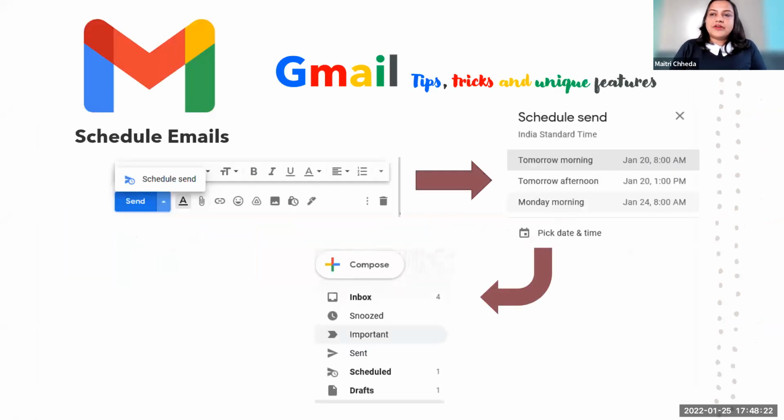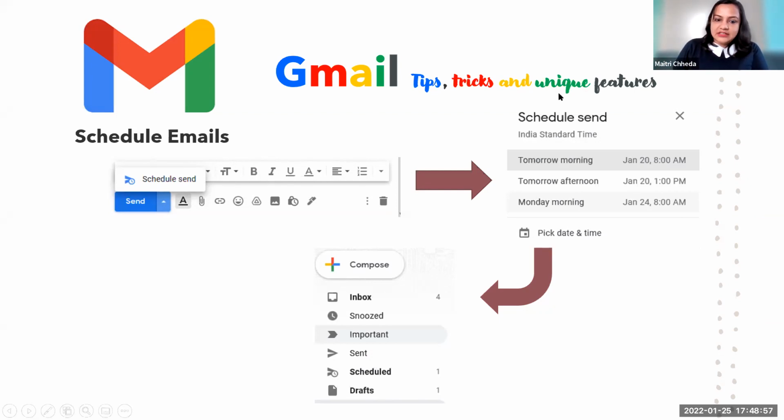I'm sure. So the first feature I would recommend is schedule send. Schedule send is something where you can put it in your scheduled inbox, where you can decide on your date and time on which you want to send an email, and be done with it. A lot of us think that emails are a constant nuisance. You have to constantly look at emails, and some of you would want to have a directed approach, where you dedicate a specific hour for just checking emails and replying to them.